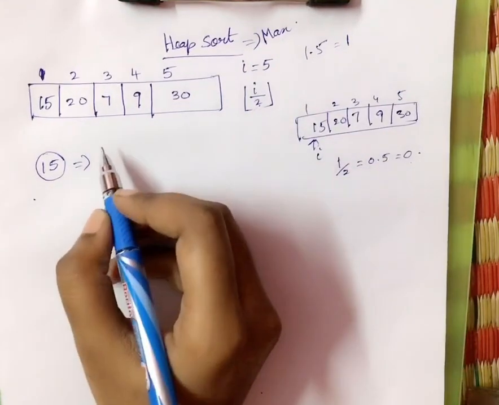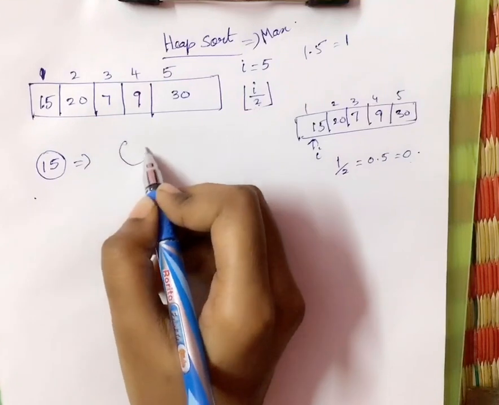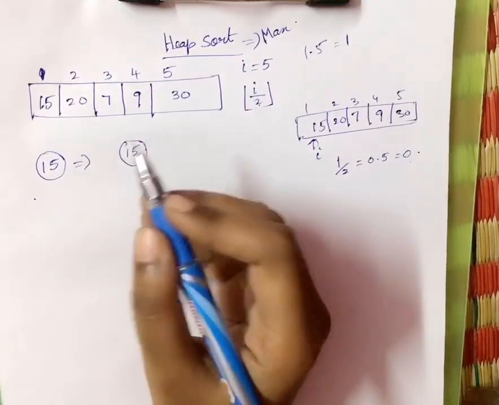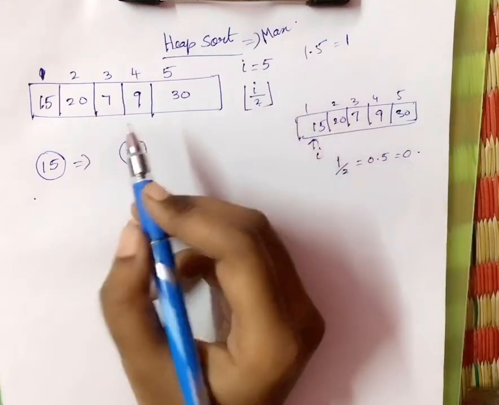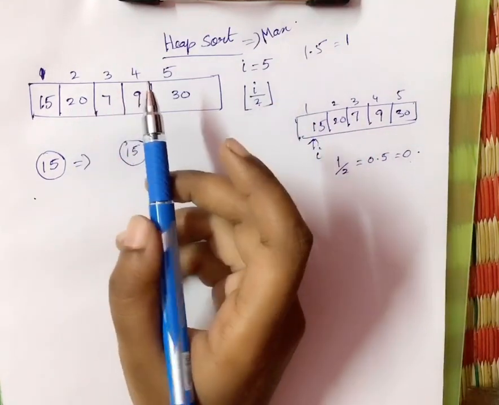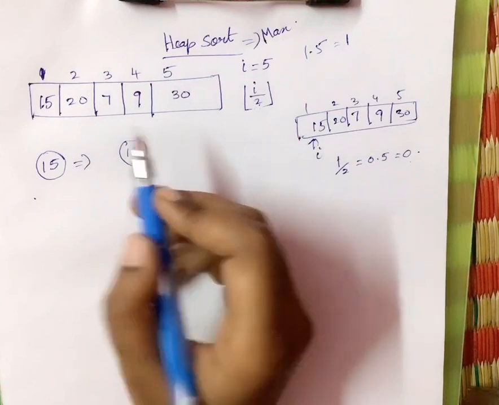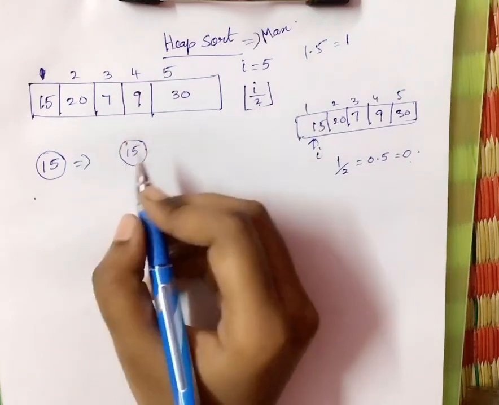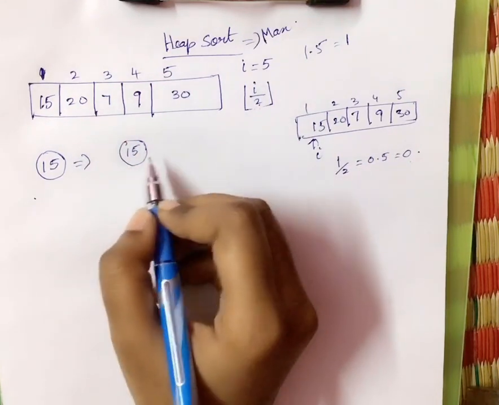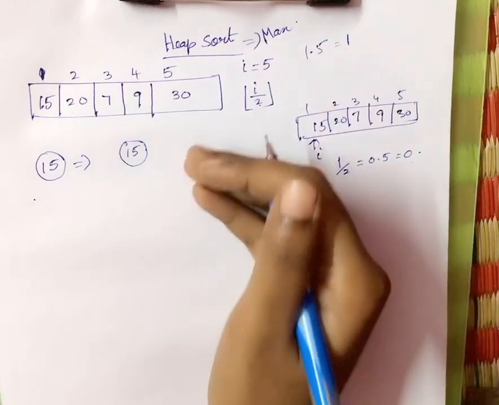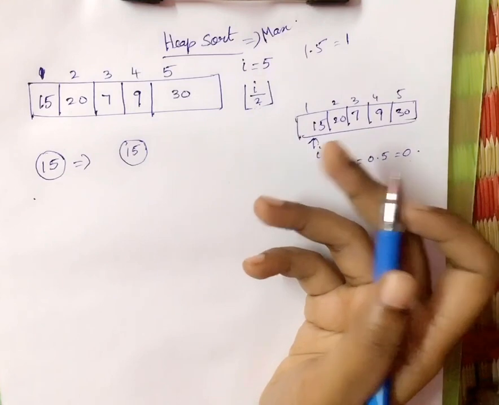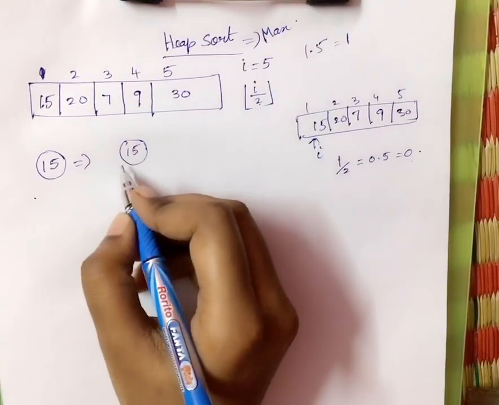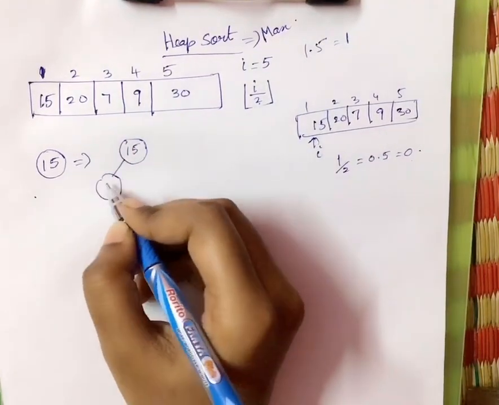Next we are going to insert 20. Here we are not going to follow a binary search tree; that is the main point. We are going to follow the complete binary tree. Complete binary tree means the left node must be inserted first, then only the right node. All the levels must be completed except the last level, that is the exception. So I will insert 20 at this position.